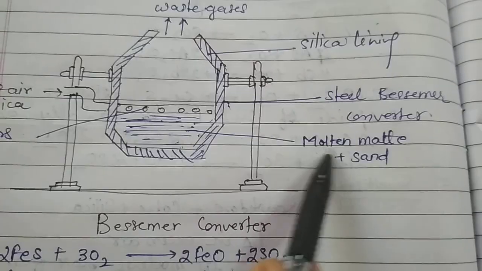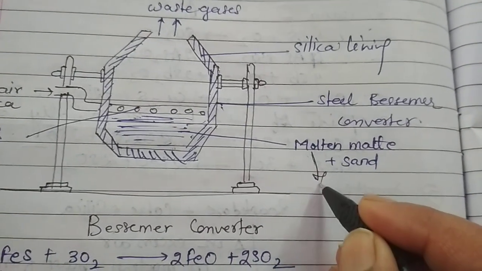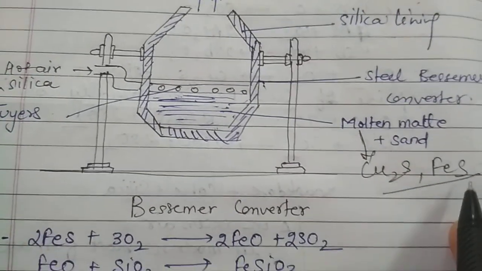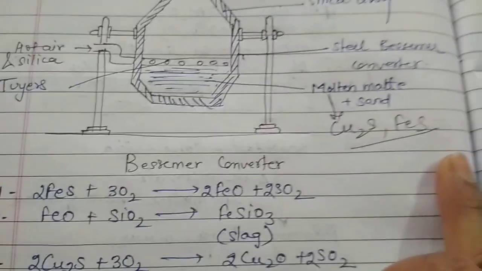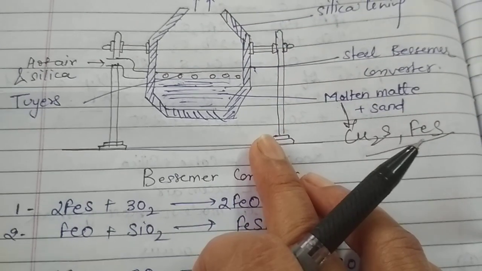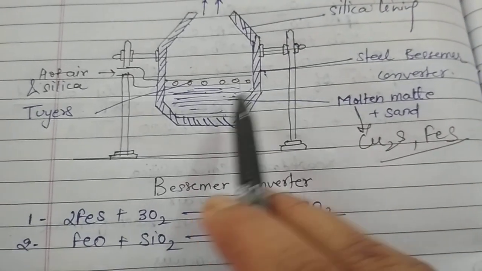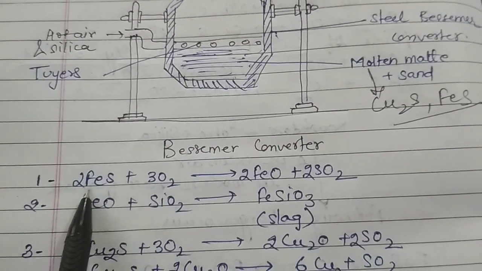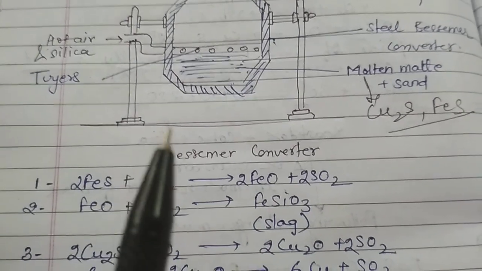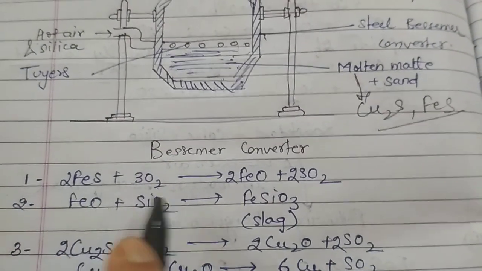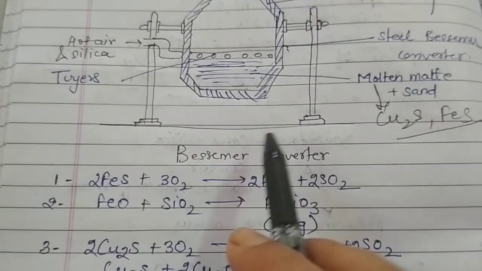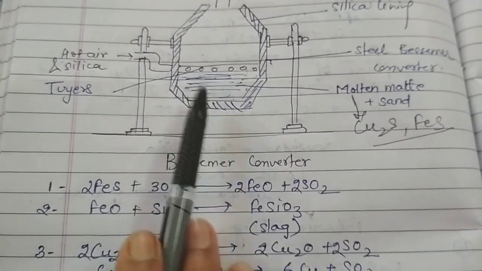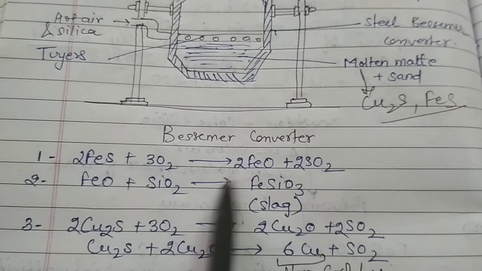What is the molten matte having? It is having Cu2S and a little amount of FeS. So now what would be the changes that happen in this Bessemer converter? Here it is mounted such that it can be tilted in any desired direction. The first process that would take place is that FeS would be oxidized. The little amount of FeS that is left is now oxidized to FeO and SO2, and as we are having the lining of SiO2 and we have taken the sand with the hot air, it would react to form FeSiO3 again.